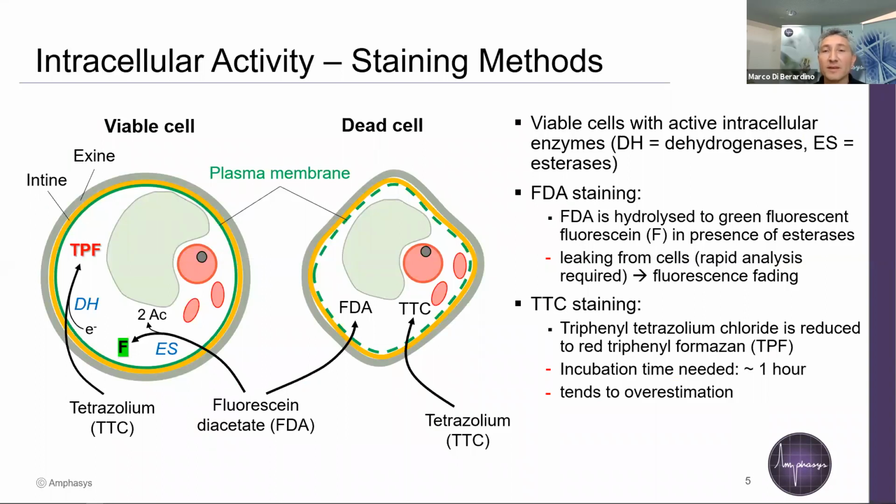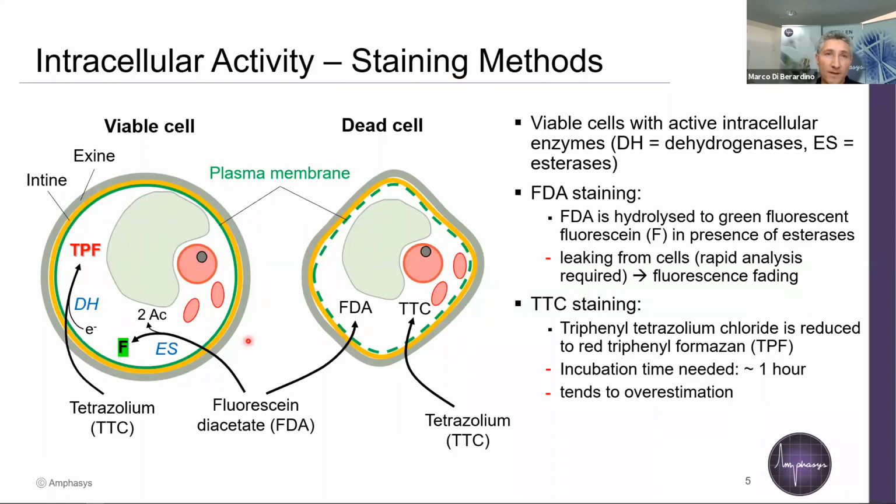In this first example, you see 2 classical staining methods, the FDA staining here, and the TTC staining. These techniques are based on the fact that these molecules can penetrate into viable cells as well as into dead cells, but only in the viable cells they are modified to fluorescence molecules like fluorescein in the case of FDA, or to red-colored formazan by a dehydrogenase for TTC. These activities are not present in dead cells,